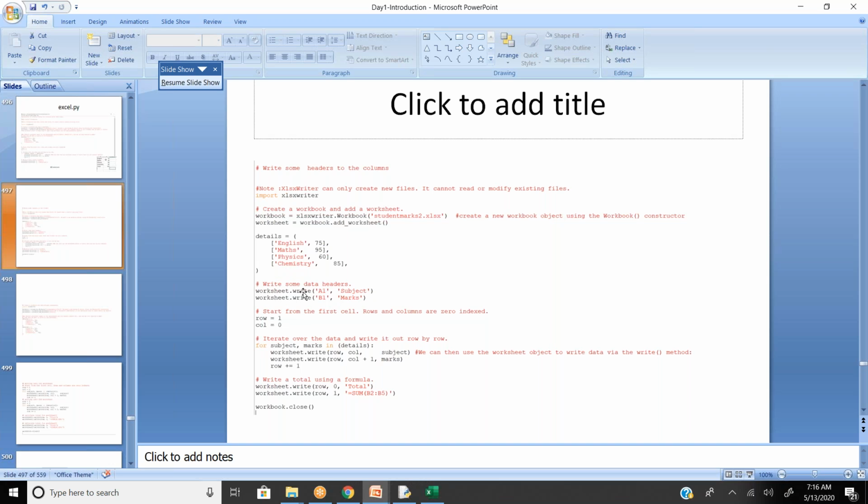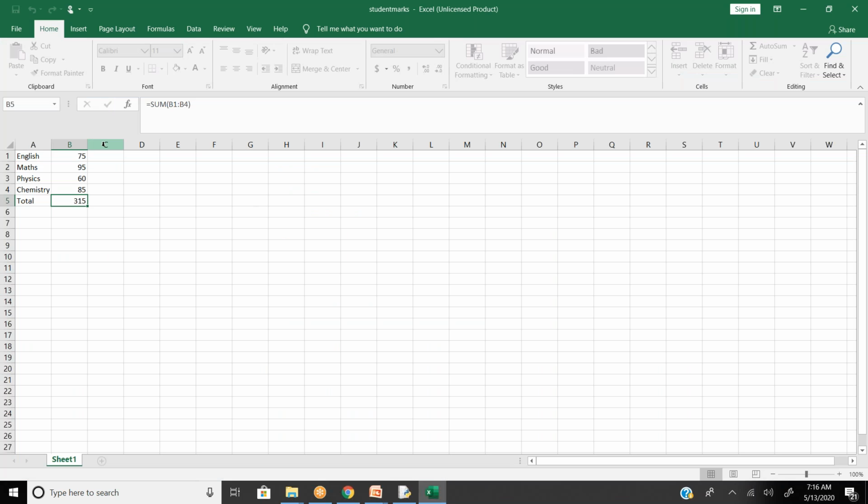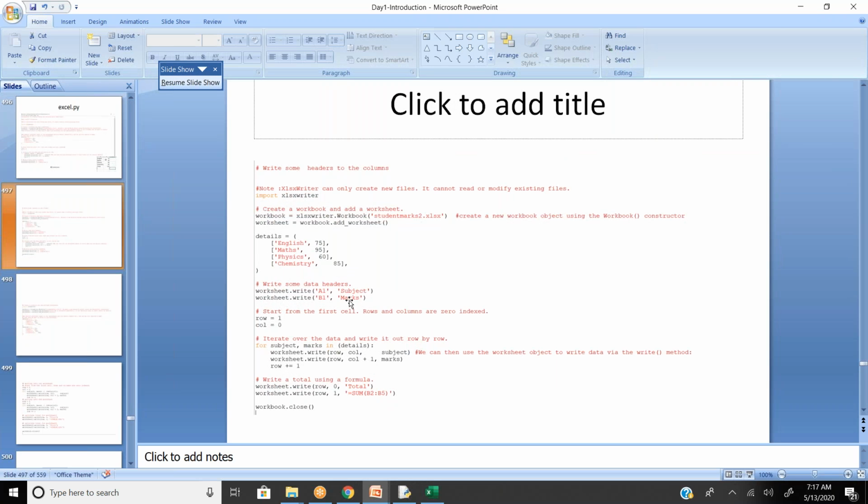So worksheet.write A1 is the location where I want subject to be, and B1 is the location where I want marks to be. A1 is the location where you have English, so it should have a heading called subject, and B1 should have marks.